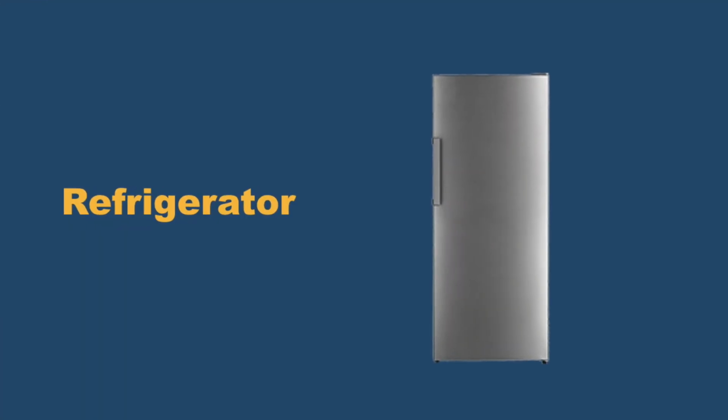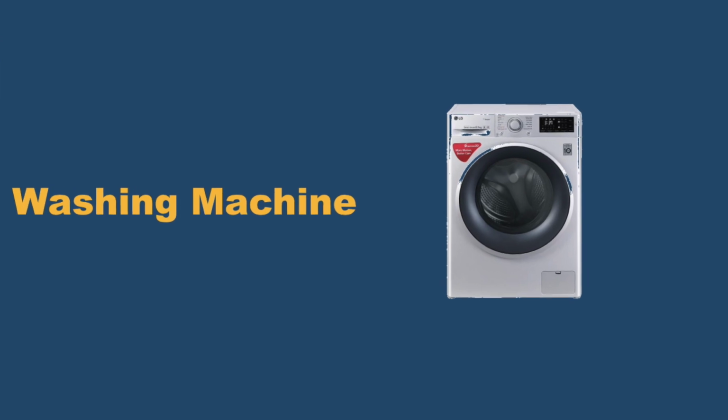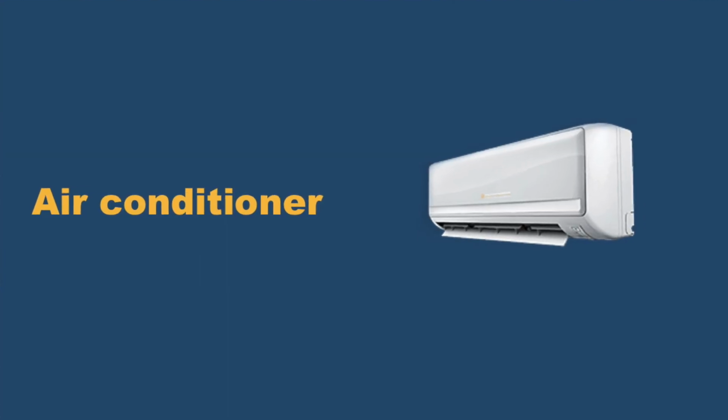Let's take the example of another category of equipment, which is your refrigerator, your washing machine, your air conditioner. All these appliances require a motor operation, right? So there is a compressor in your refrigerator, there is a compressor in your air conditioner, and there is a motor in your washing machine. There is a motor in the water pumps that all of you are also using. So whenever we use a motor in any of our appliances, the efficiency will always vary, and the efficiency of the entire appliance will depend on the efficiency of your motor.